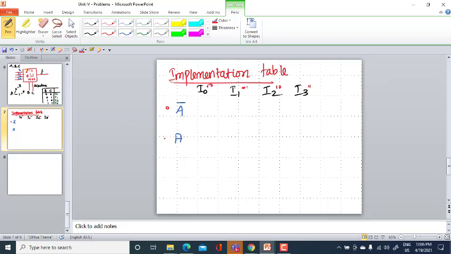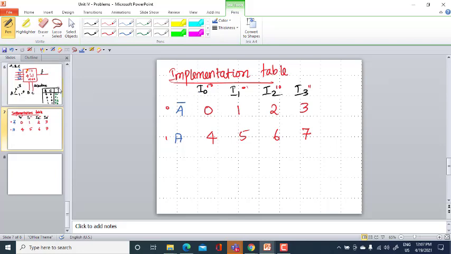Now this is 0 and this is 1. 000 is minterm 0. I am writing the min terms: 001 is 1, 010 is 2, 011 is 3, 4, 100, 5, 6 and 7.